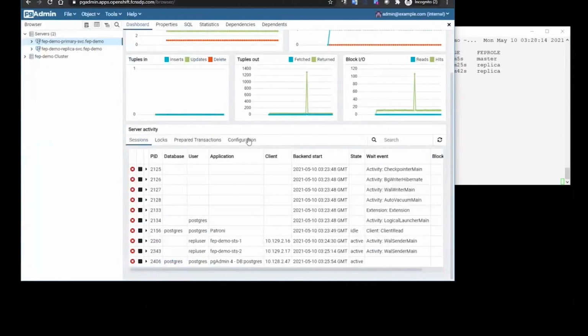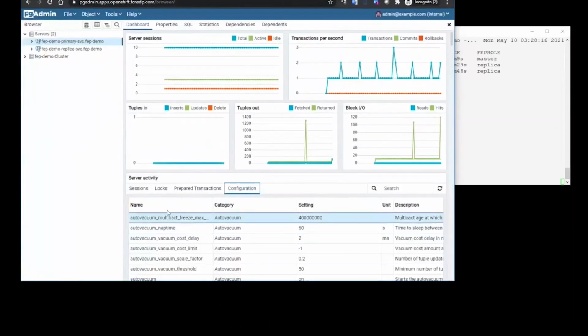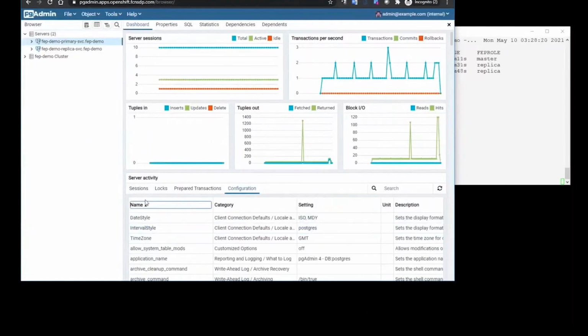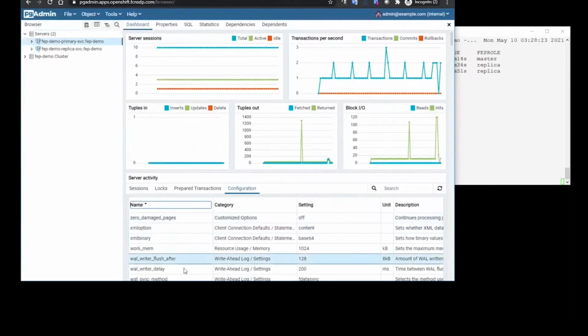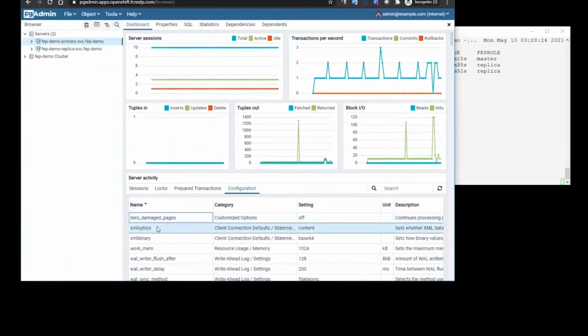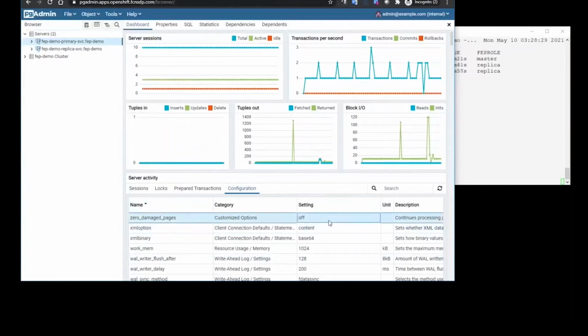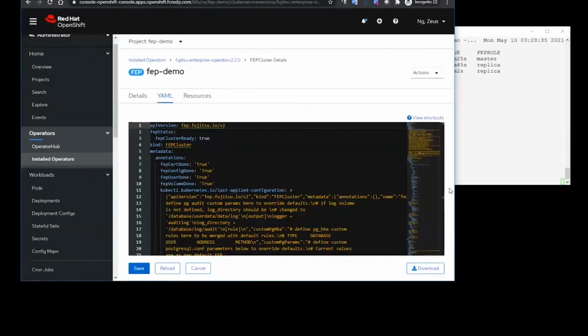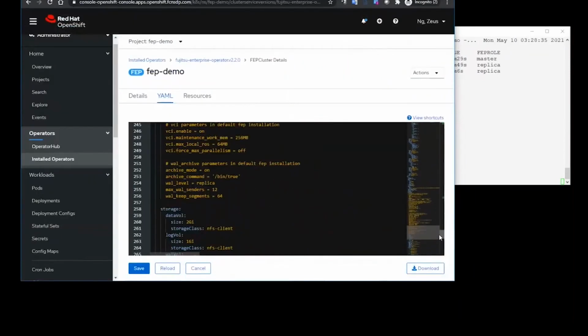To demonstrate that, I'm going to show you some parameters in the system. Notice this one, zero damaged pages. I'm just randomly selecting one. The current setting is actually off. So I'll come to my GUI, go to my configuration, and you can see this is the section where I can put my Postgres parameters here. I am going to add a line here saying, oops,